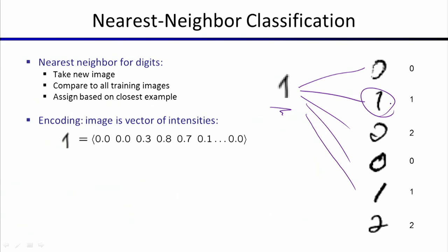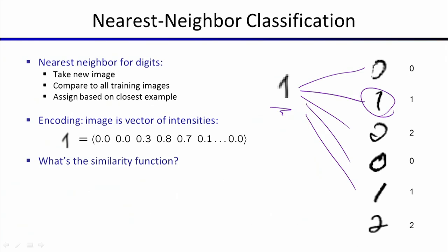There are some issues with this. First of all, you still have to decide how to encode your data points. And maybe here the encoding is just kind of the raw encoding. Maybe we won't do a lot of featureization of any kind. And here the vector might just be the raw intensities of the grid strung out into a single vector. But then we need a similarity function. And while the encoding may not have been rich in its representation of the important properties, the similarity function has to be. The similarity function has to tell me what is it about